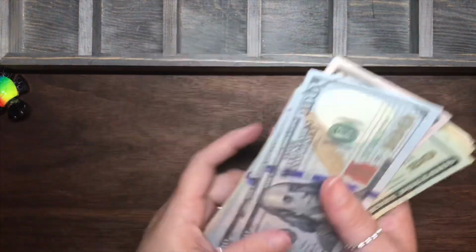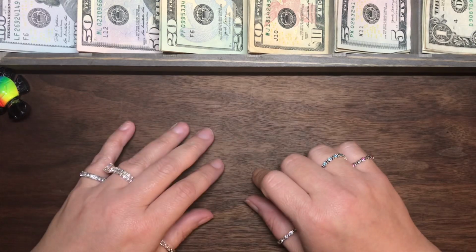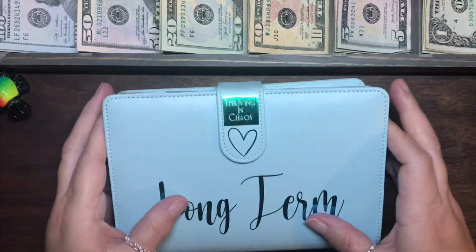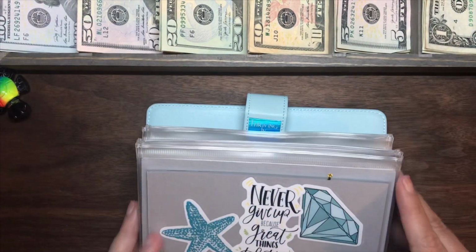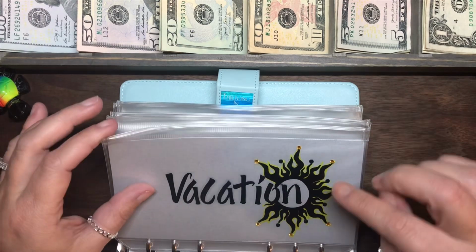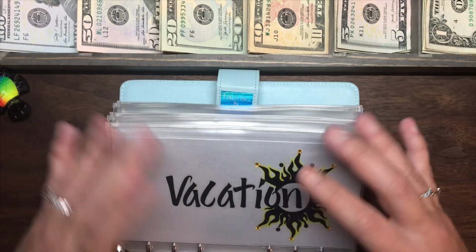1,768. So I'll just go ahead, set this up in my cash tray, and we'll get started. And the first binder that I'm going to start with is going to be my long-term binder. These are things that happen once a year, or so to speak, just longer term things that I can save for over time, like vacation. But I will be adding another envelope in here because vacation is a big vacation that we take